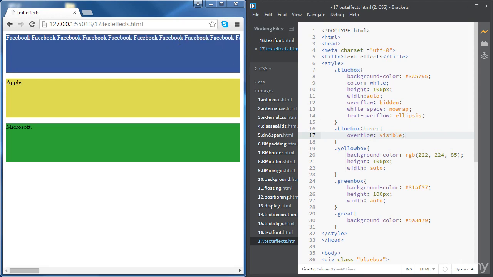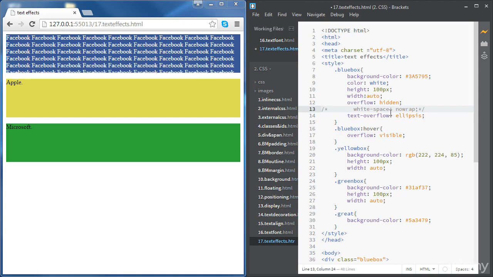Okay, so now if we hover on the Facebook div, all the overflow becomes visible, but due to the no wrap property, we're still not seeing this property very well, but now it's pretty clear that when we hover on the Facebook div, the overflowing text appears. Okay, all right, so